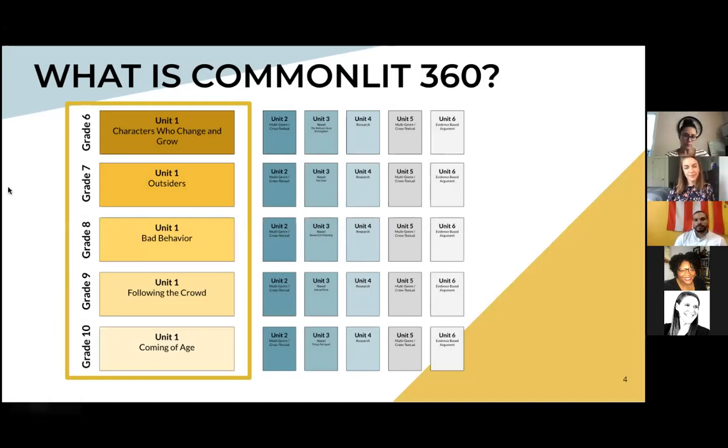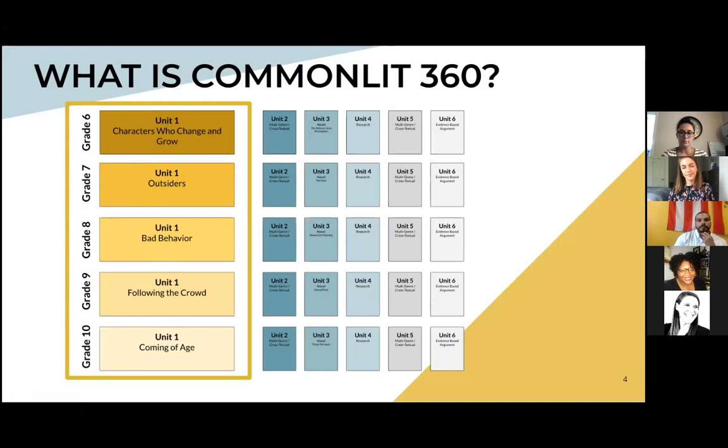The last thing I'd like to share with you about the overview of CommonLit 360 is our vertical alignment feature. So as you see here in grade 6, 7, 8, 9, and 10, all of our unit 1s are focused on similar skills and the same genre. So imagine you're an instructional support leader in a building. This is an amazing resource for you. And it does, again, speak to the type of coherence a school and teachers can provide in terms of professional development and learning and support.